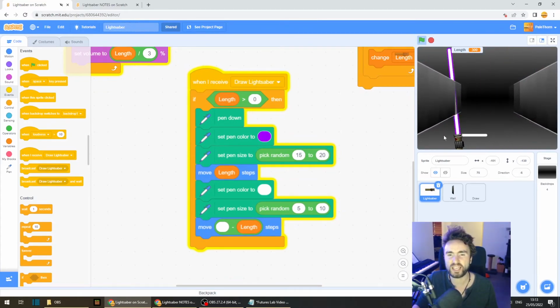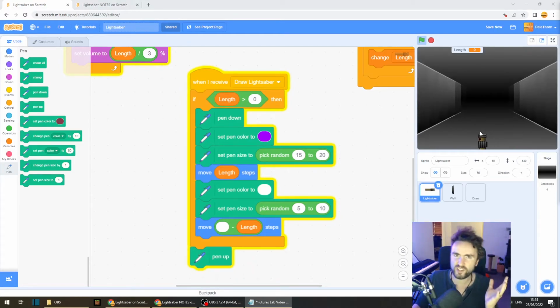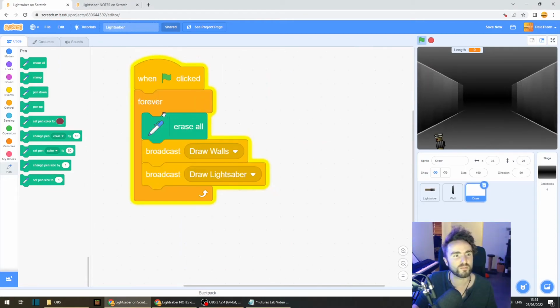Can you see that white line at the base of the lightsaber? And it's even on when we have the lightsaber off. We can fix that nice and easily by going to Pen and getting out a pen up and just putting that right on the bottom of this code here. There we go. So now we have our lightsaber set up to draw the lightsaber when it receives this broadcast